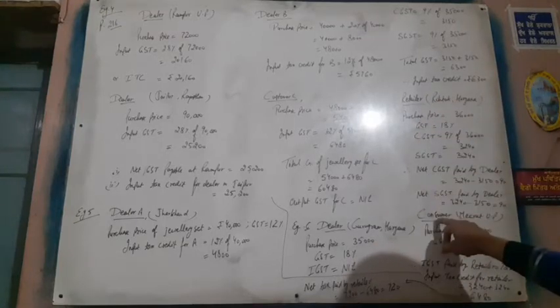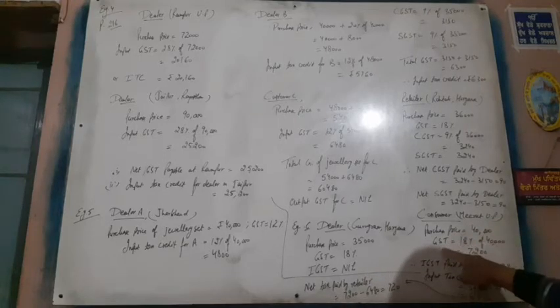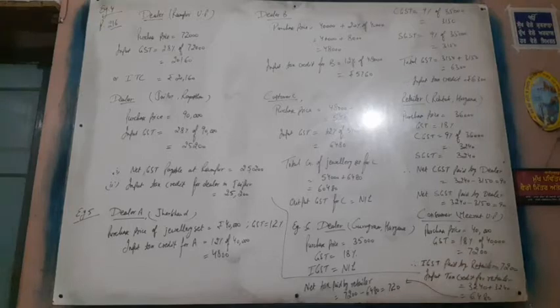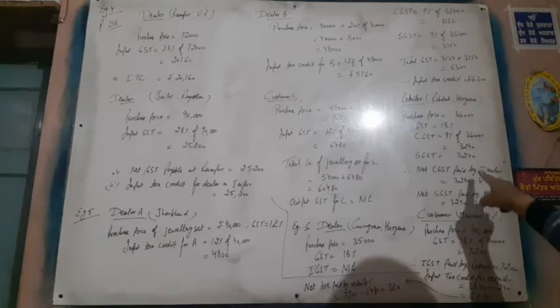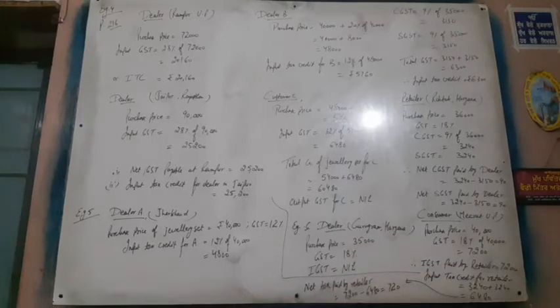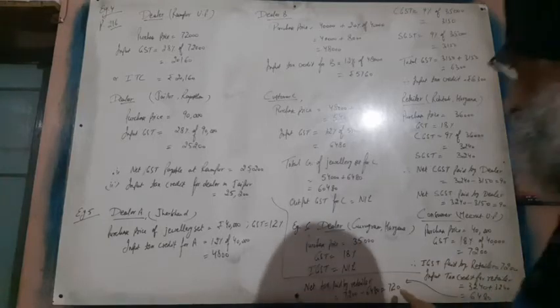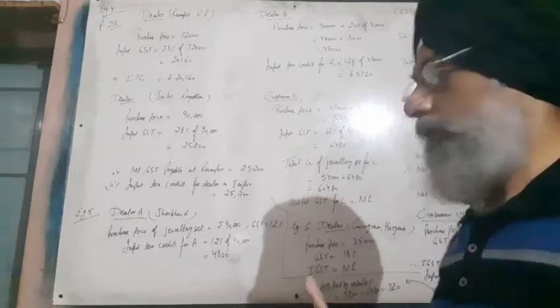This retailer sells to a consumer. Now the consumer lives in Meerut, that is in UP. Purchase price for the consumer is 40,000. GST 18%. IGST is paid by the retailer. How much IGST will the retailer pay? 7,200. And how much will the input tax credit for the retailer be? 3240 plus 3240, that is 6480. This is the total for the retailer, which he has already paid. Since this has been paid, how much net tax will he have to pay? 7200 minus 6480, that is 720, because 6480 has already been paid and now 7200 has to be paid, so IGST of 720 net tax has to be paid. Those are the questions.